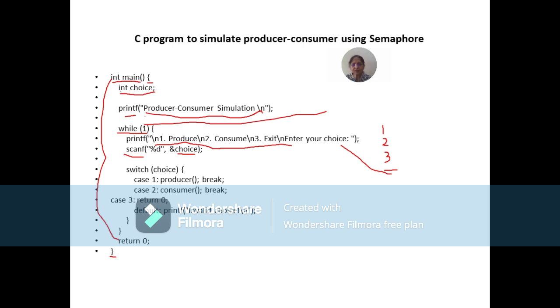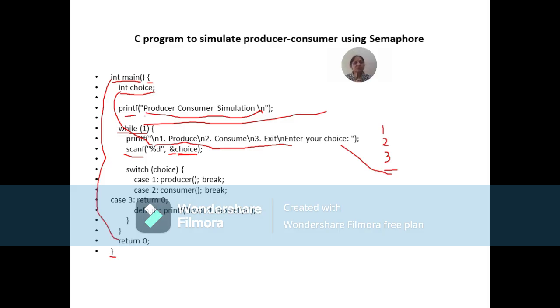Because it is integer type, we are using the format specifier %d to accept the value of choice. And here, along with the name of our variable, we also say ampersand. Ampersand means whatever value is given by the user, or whatever value we are accepting as an input, that should be stored at the address of choice. Okay, ampersand means at that address.